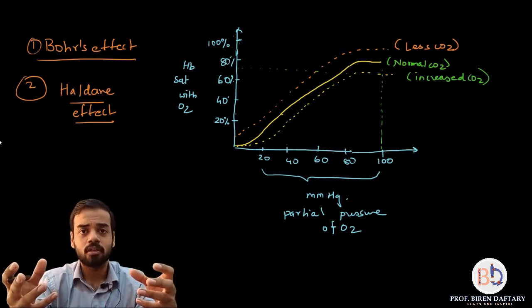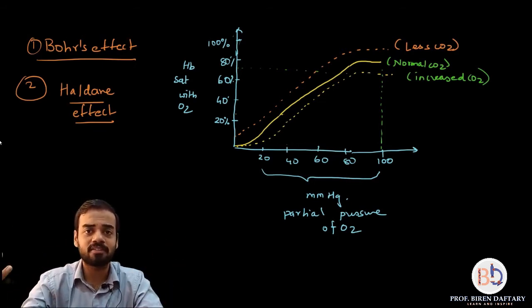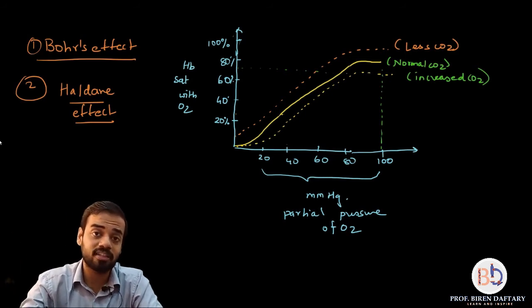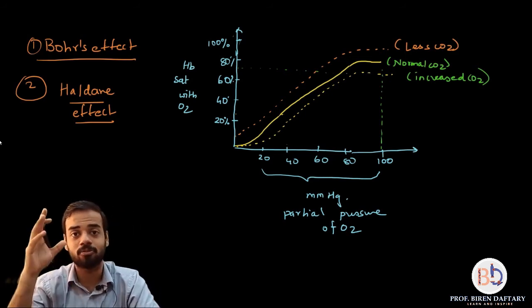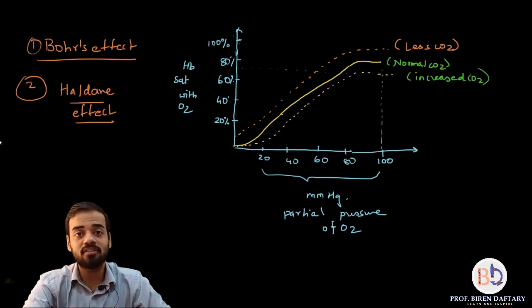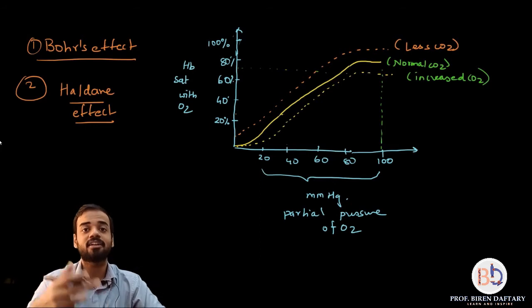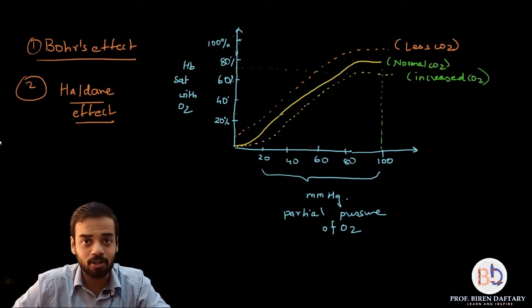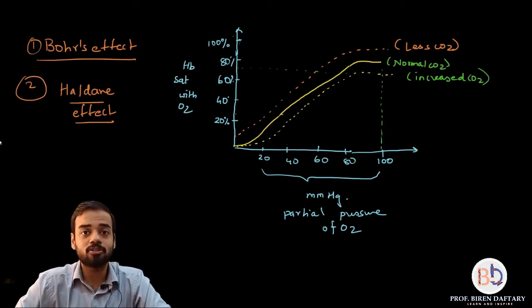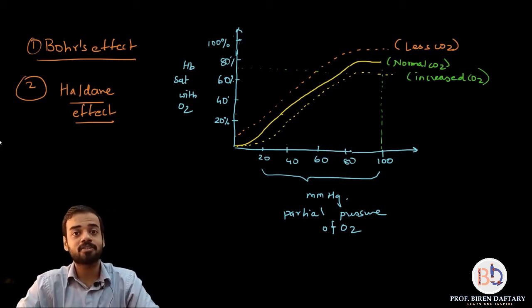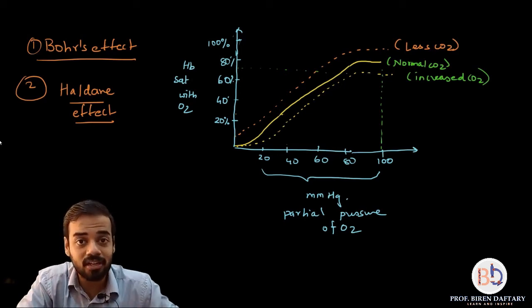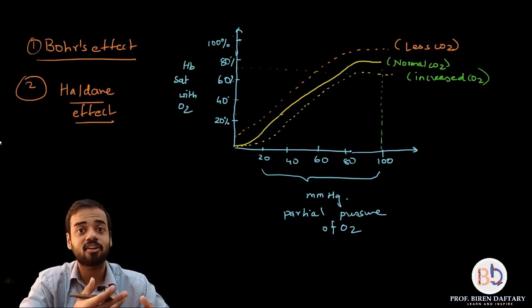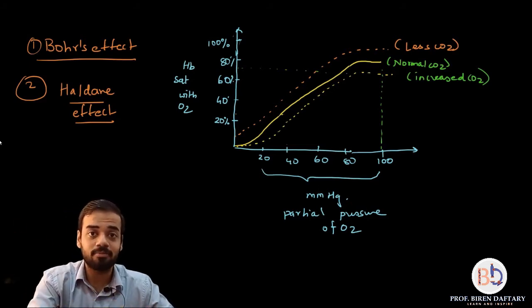So what happens? Since oxygen has a very high partial pressure, at that time oxygen combines with hemoglobin to form oxyhemoglobin. But at the tissue level, at the cell level, the cell produces carbon dioxide continuously because of respiration. The byproduct of respiration is that. So the partial pressure of carbon dioxide near the cell increases a lot, whereas the oxygen which is coming in has a comparatively lower partial pressure.